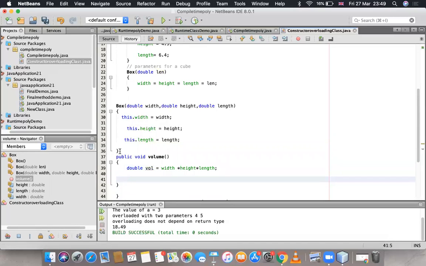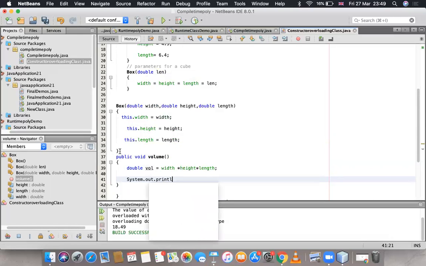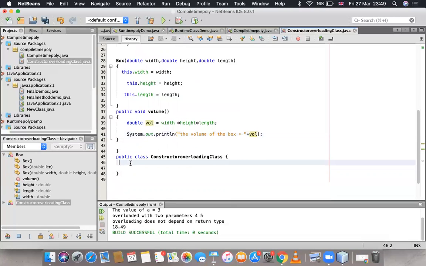Let me just print this over here: System dot out dot println, the volume of the box equals plus vol.